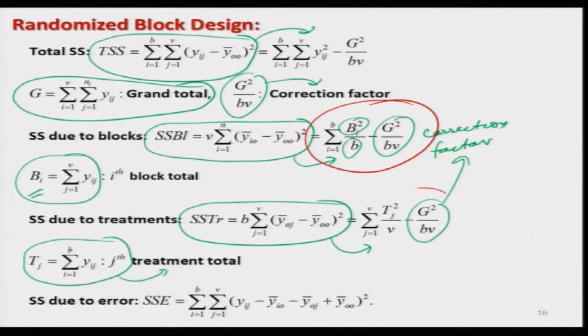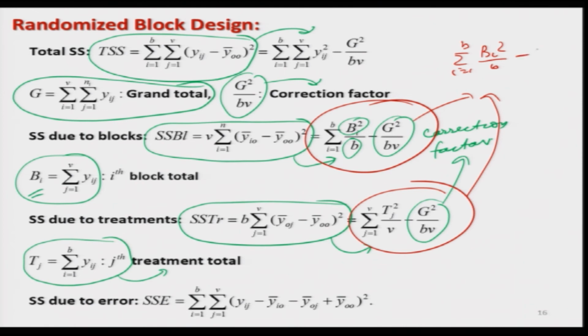One thing I would like to show you here is that in the sum of squares due to block or due to treatment, we use this term, the correction factor. Even the quantity summation over i from 1 to b of B_i square upon v gives a sort of sum of squares, but we adjust this quantity by G square upon bv. If you write the relationship TSS equals SS block plus SS treatment plus SSE, possibly this correction factor will get cancelled out at a couple of places, but still we add it here,